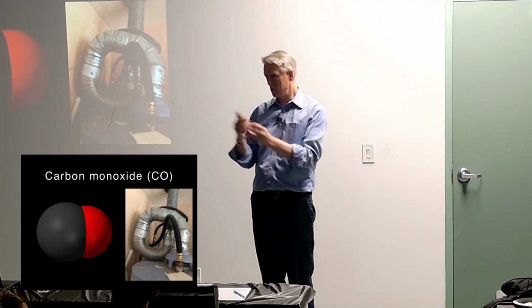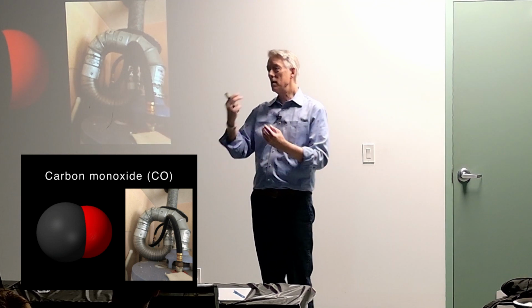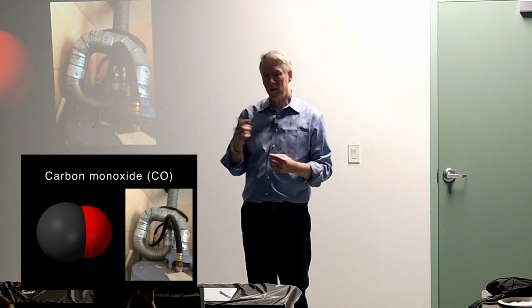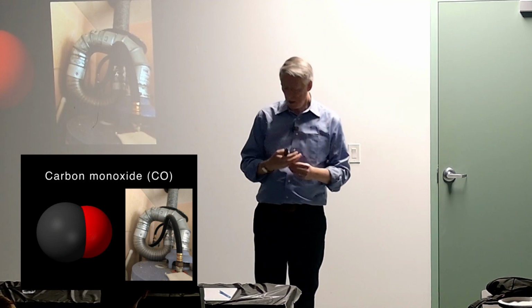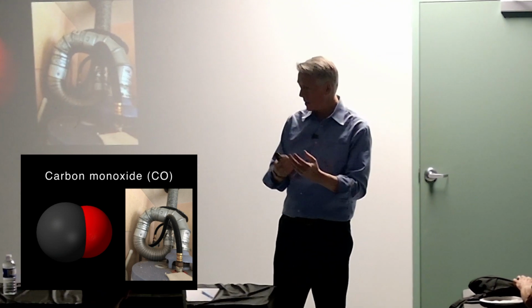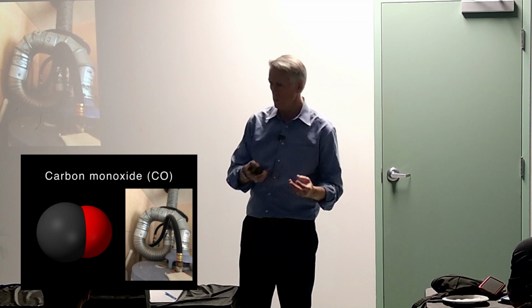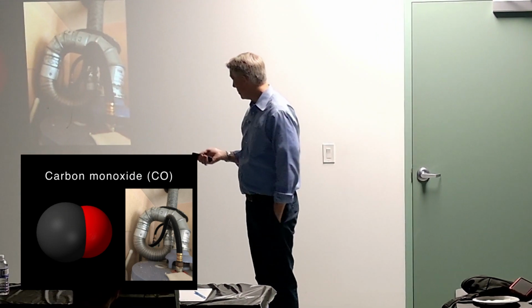O2 and CO are very similar in size and shape. So when you breathe in carbon monoxide, it can get into your bloodstream and the red blood cells, taking the place of oxygen, so the red blood cells aren't transporting as much oxygen as they should,